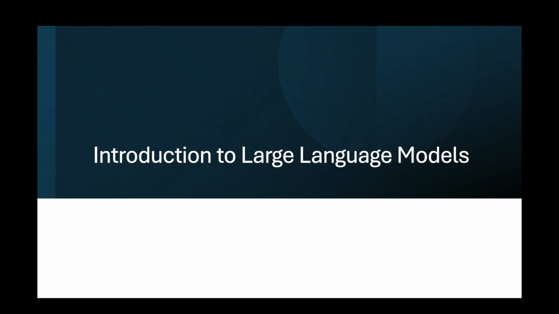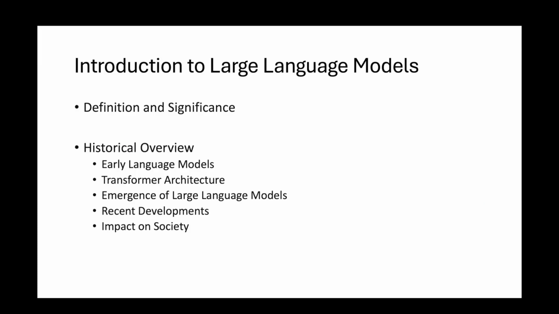Introduction to Large Language Models. Definition and significance. Definition: Large language models, LLMs, are sophisticated artificial intelligence models capable of understanding, generating, and processing human